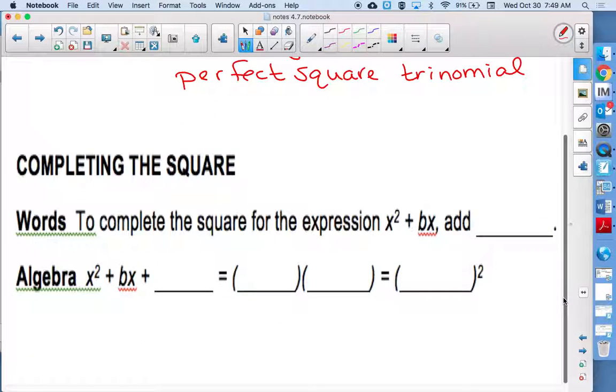So we're going to try to take this step by step so you can see how the process builds on itself. So in words, to complete the square for the expression x squared plus bx, we are going to add b divided by 2 squared to the problem. I'm going to show you why, so that's the little algebra underneath. So my b is the middle number. If I take that middle number and cut it in half and square it,